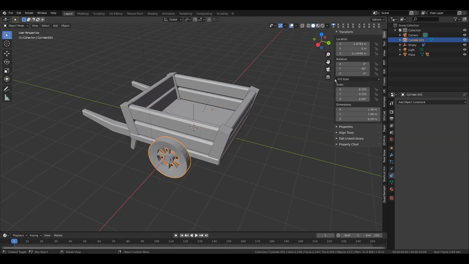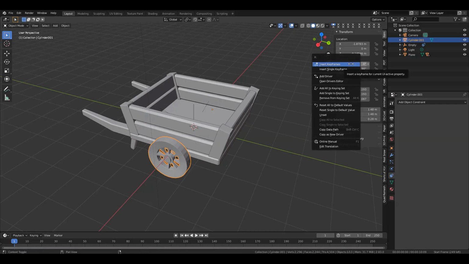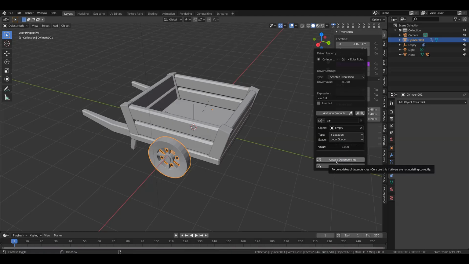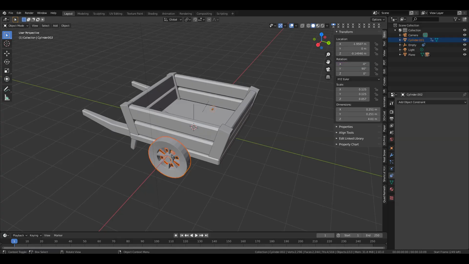Select this wheel, then make a right click on the x-axis, then choose add a driver, then change this to var times -3 and the object to the empty and the location to y location and world space to local space, then choose update dependency. So select these two objects from this wheel, then finally select the plane, then press Ctrl P,